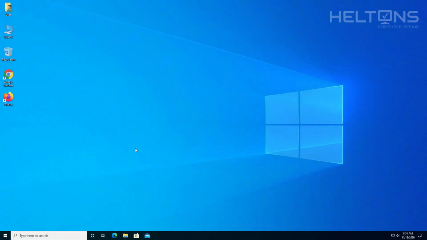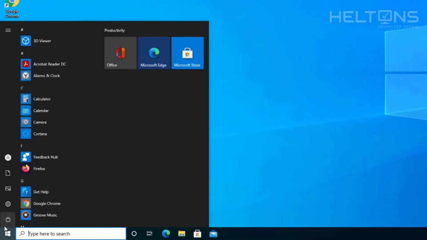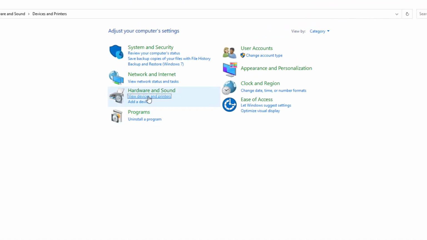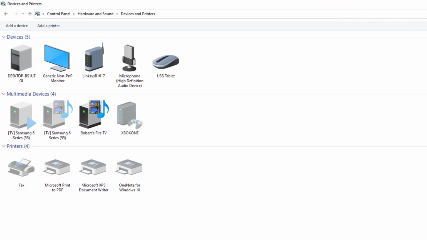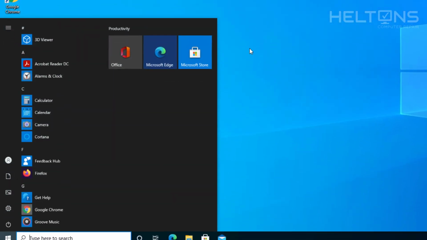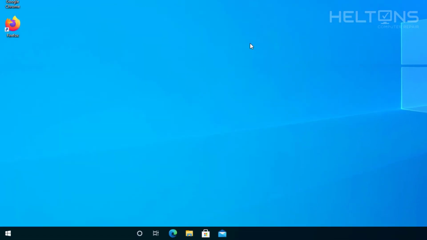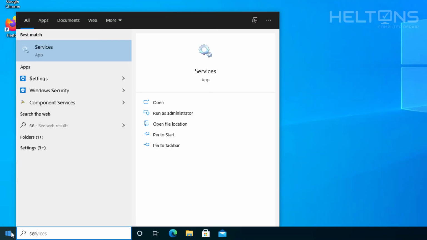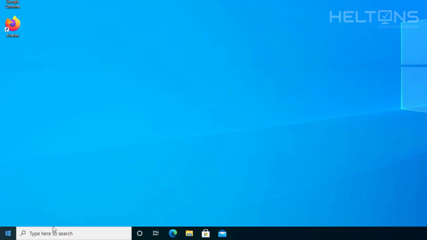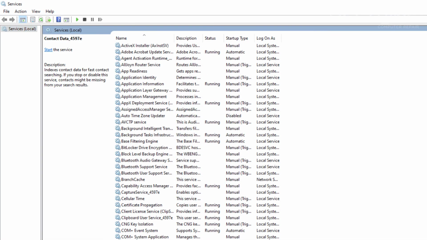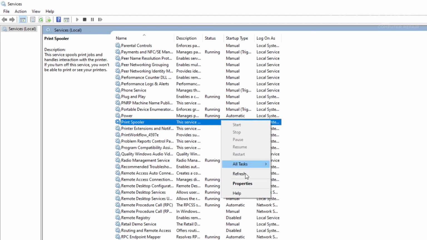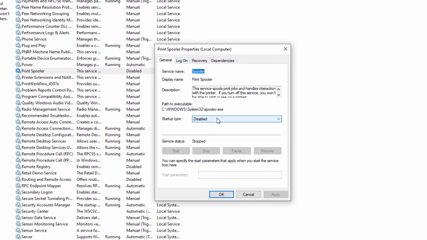Alrighty, so here we are. I'm going to go to control panel if I want to show you that option. And I see devices and printers, and they are grayed out right now. I can go to printer settings on the new one. They're grayed out. Now if I show you this underneath services, it's going to have Print Spooler disabled because it's disabled from going that same route. So here we are, go to properties, and we can set the disabled option to automatic, or